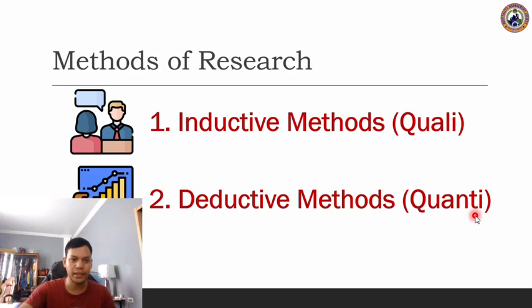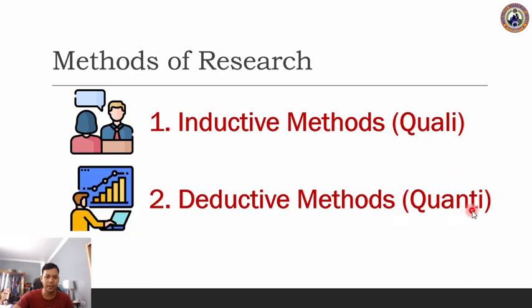Okay, in your case as students, and we agreed on this with our different instructors in our campus, in our university, that we will only conduct a deductive method, which is the quantitative. The quantitative talks only about numbers, and the qualitative talks about the non-numerical, no numbers. For example, here, the interview, phenomenon, observation, etc.